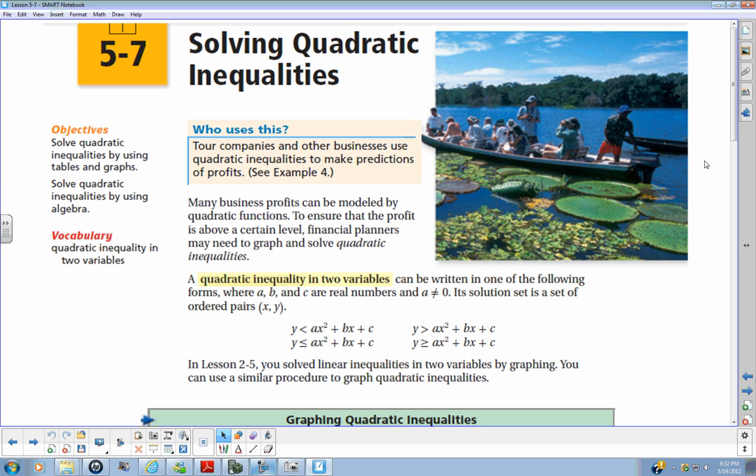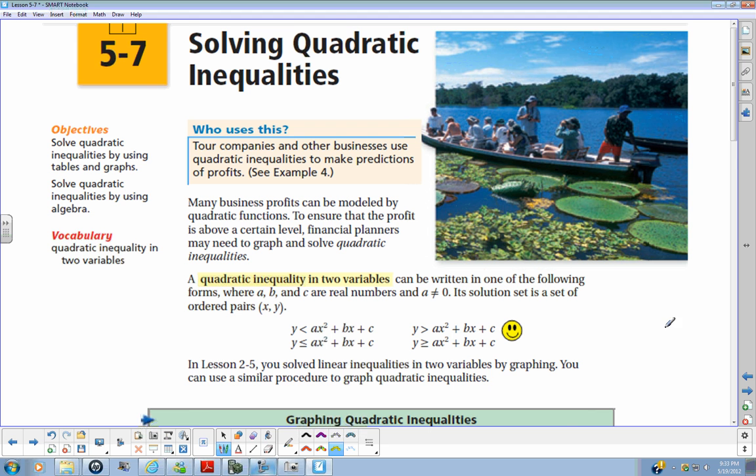If we have a quadratic inequality in two variables, then it's going to look something like one of these four possibilities, where we have y is less than the quadratic function, y is less than or equal to it, greater than, or greater than or equal to it. One thing to remember is if we have less than or greater than, just like with our linear or absolute value ones, we will use dotted lines to represent the function. And if it's less than or equal to, greater than or equal to, then we're going to use solid lines